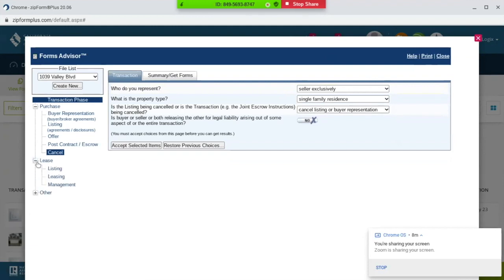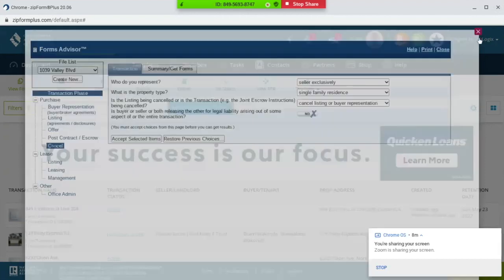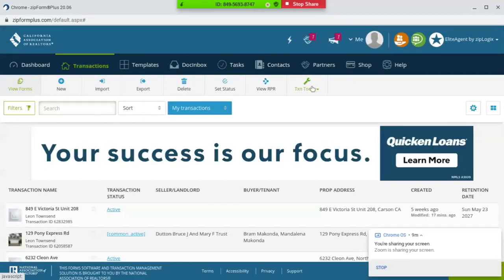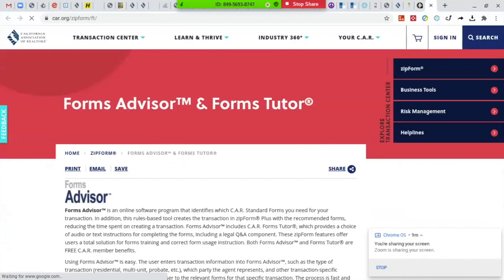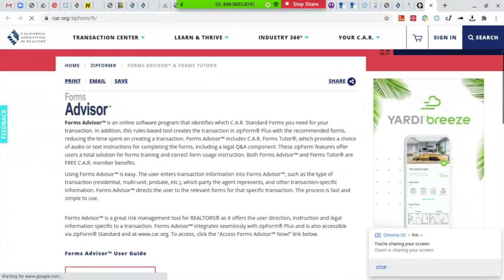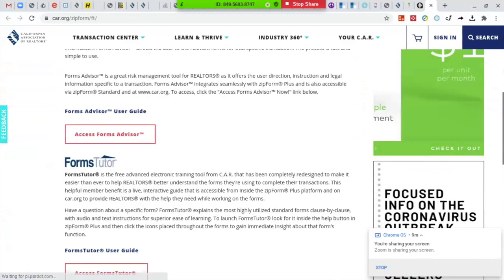A lease, if you're on the listing side, if you are representing the lessee, or if you're on the property management side, you need to negotiate, right? So Form Advisor, again, it's just in transaction tools at the top, right here. Then you have Forms Tutor as well, which One Flow tells us with different forms, right? So here's what Forms Tutor does. This is Forms Advisor. So